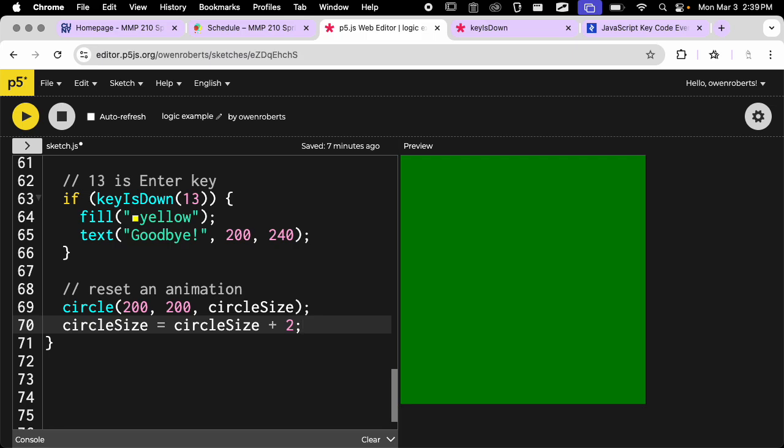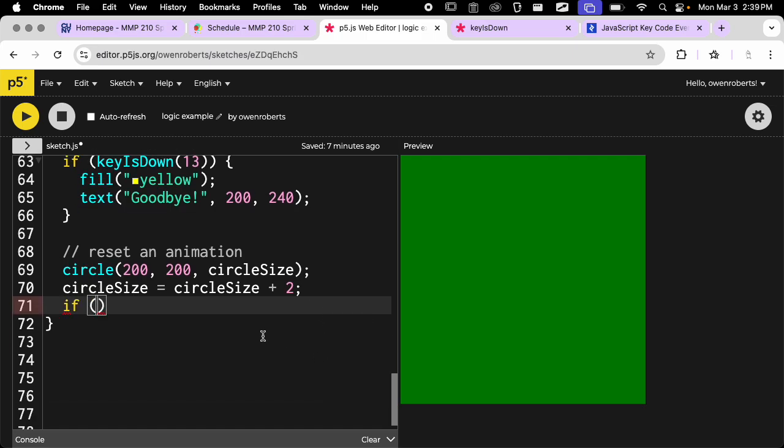So let's imagine that we wanted to reset this animation after a certain amount. I could say if, so I'm using a condition. So I could say if circle size,